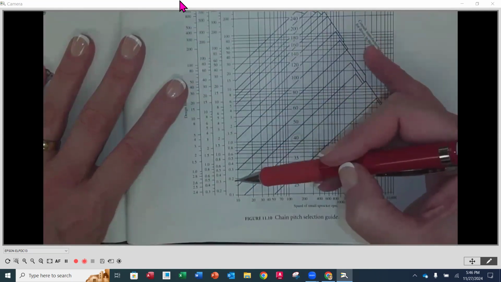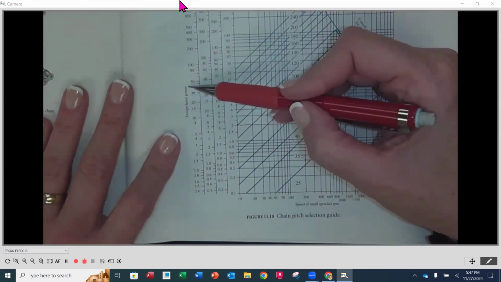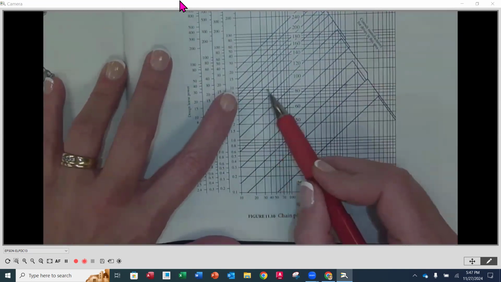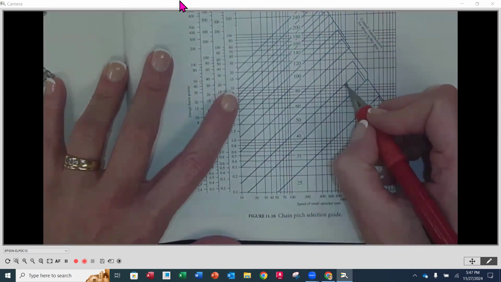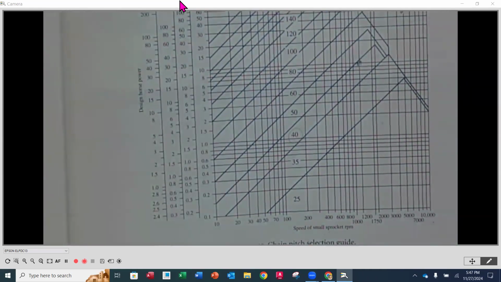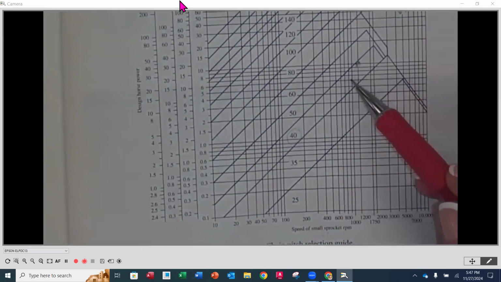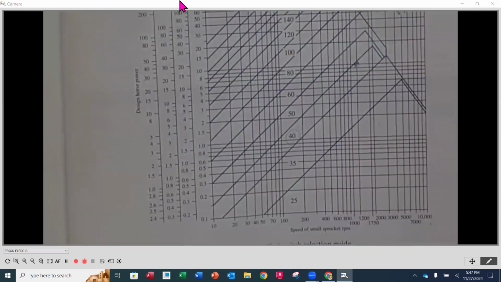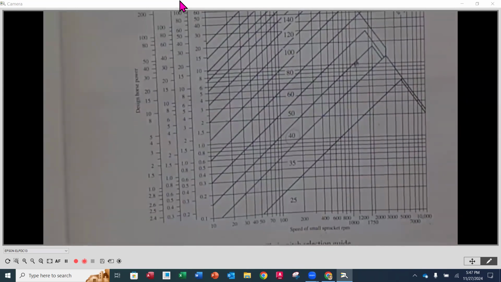And this is going to be the horsepower. Over here it says the units of horsepower. So we're going to go up to 10 and we're going to go over to 1200, and it intersects right there. Now it lands in the 40 chain area. This is where, as a designer, it's really up to you. You'll notice that if we would go up just a little bit more, we would be on the number 50